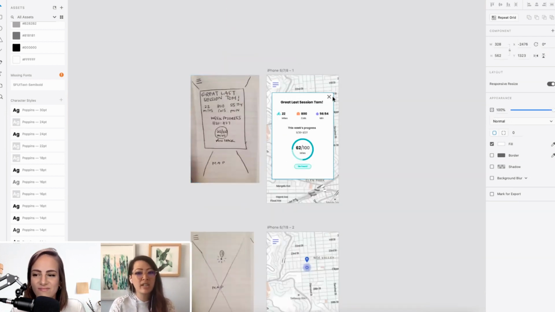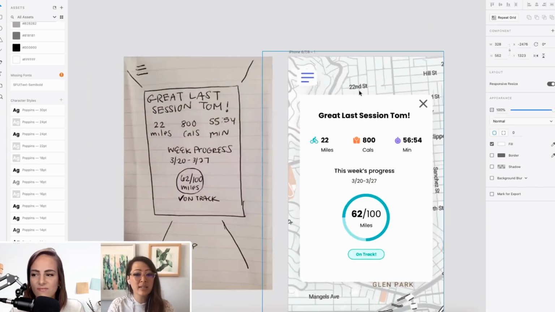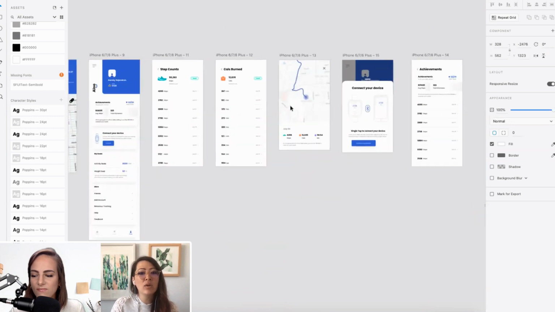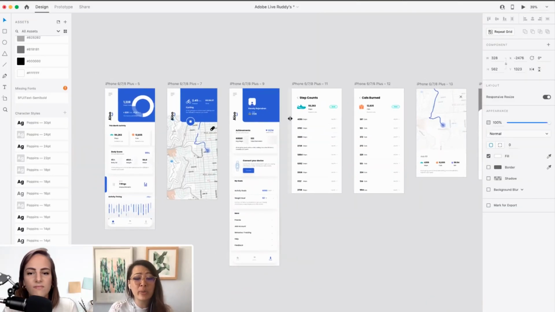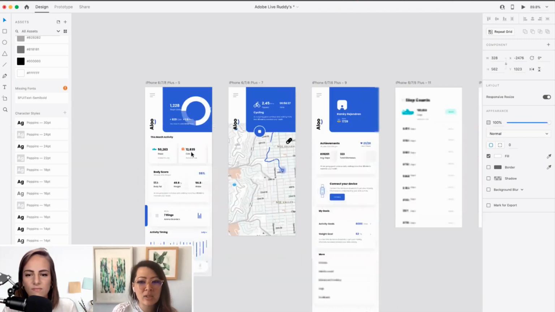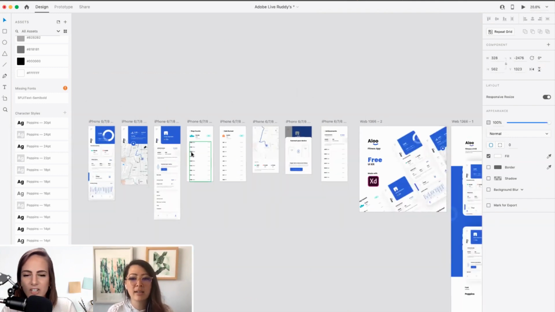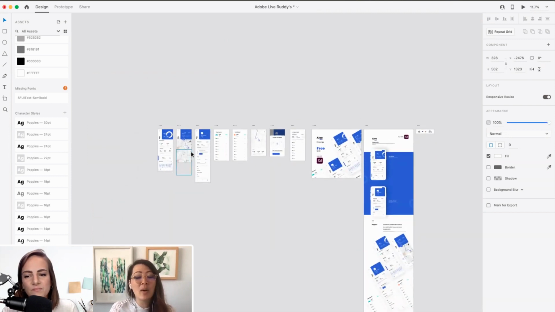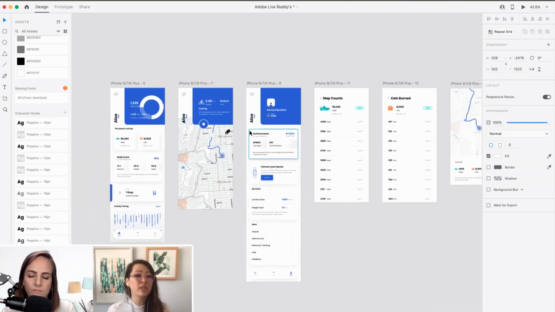Actually, yesterday we went and created high fidelity screens. What I did was I downloaded a UI kit. I just searched on Google, Adobe XD workout UI kit. And I found one that I liked, it has the elements I need. It has a map, it has some stats on here. This looks really good. It actually had a lot of the icons I needed as well. That was perfect. That was wild. It has every icon I need. Perfecto. Sometimes I'll do this with one UI kit, or sometimes I'll pull in 2 or 3 UI kits and work off of a few. I didn't think about that. That's a good idea. Yeah.